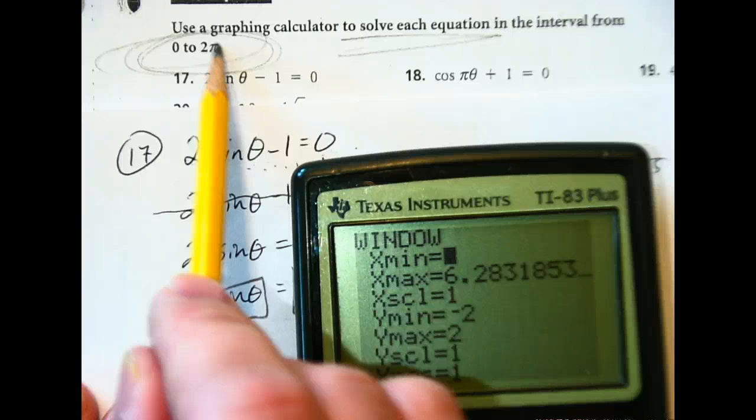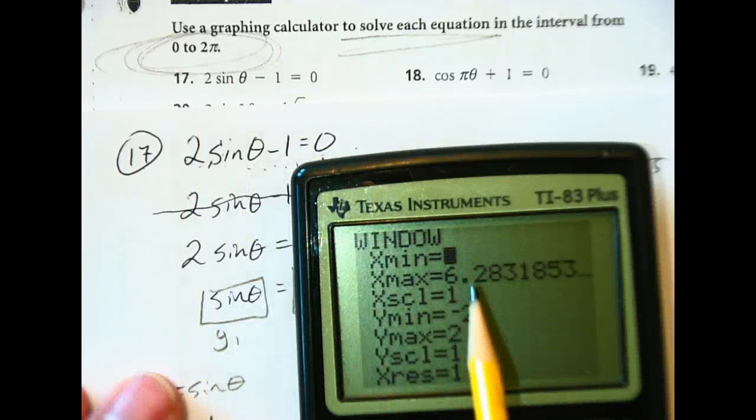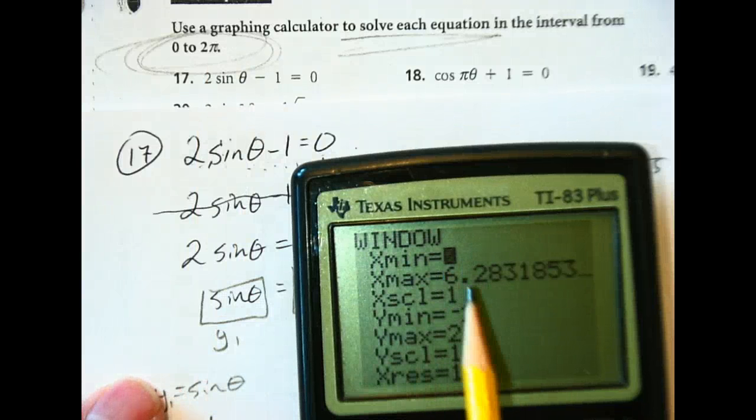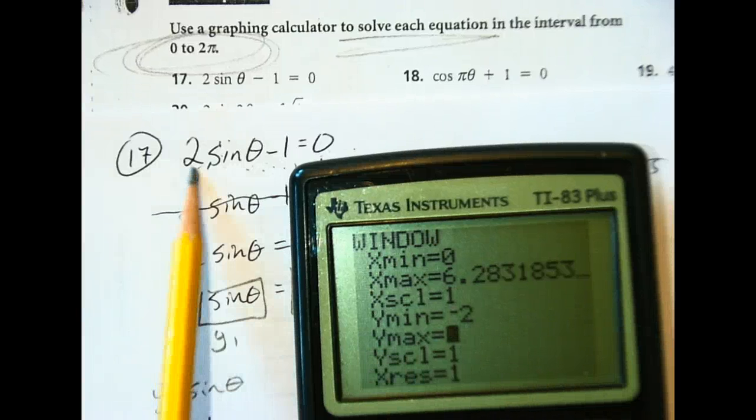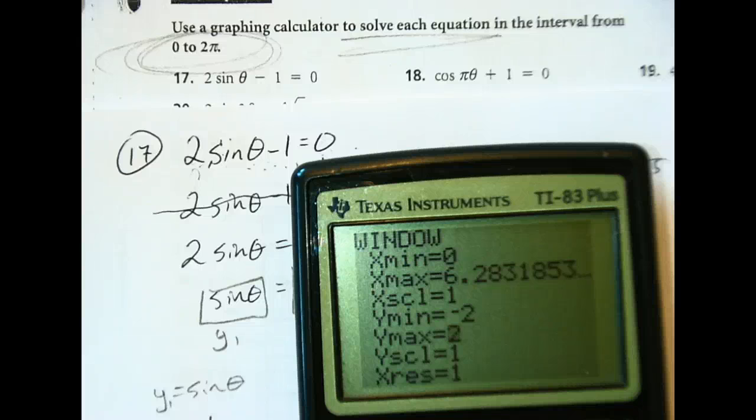So x max is 2 pi. When you put in your 2 pi, you get 6.28. I'm going to go up by 1. It really won't matter on the scale right now. For y min, I'm going to make 2 and negative 2 just because of the 2 in front. I know that's my amplitude. And so when I hit graph,